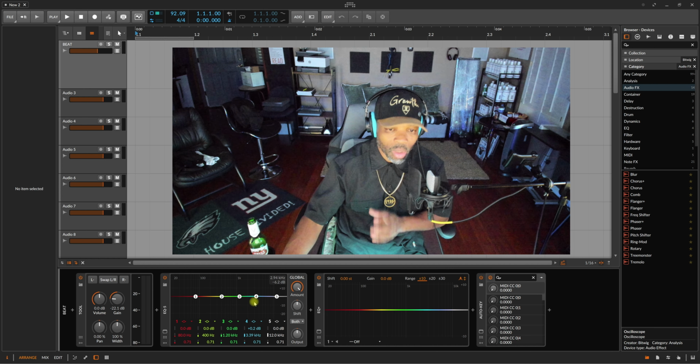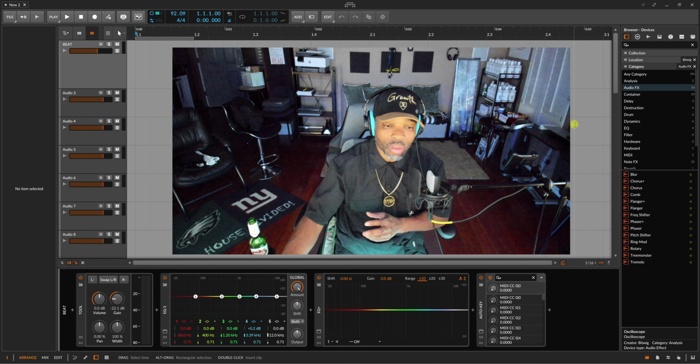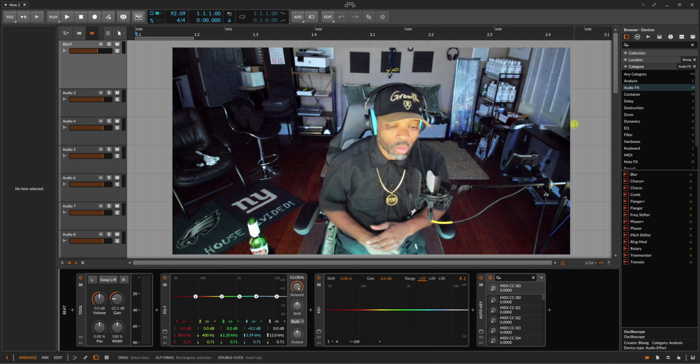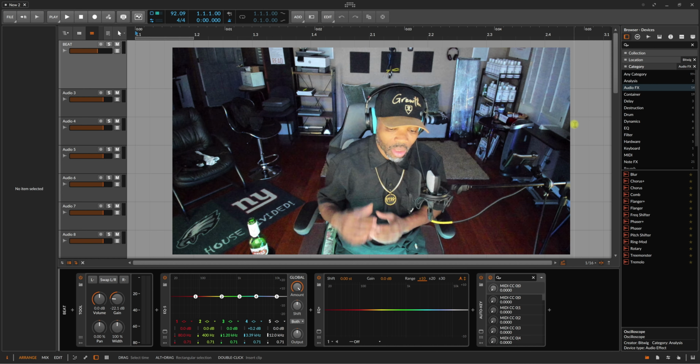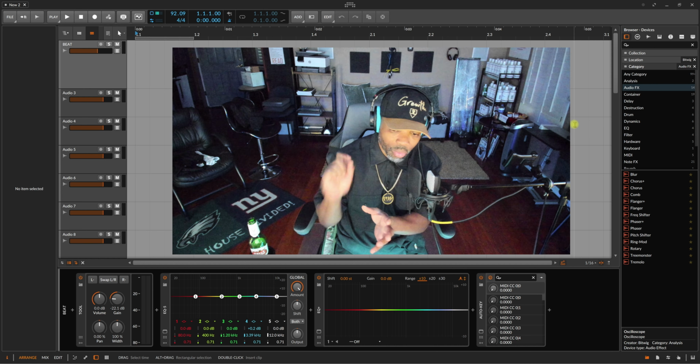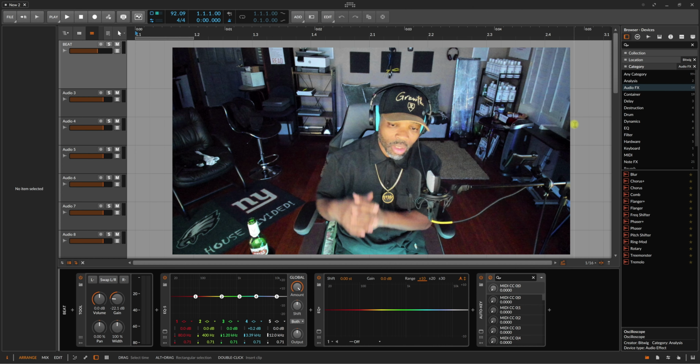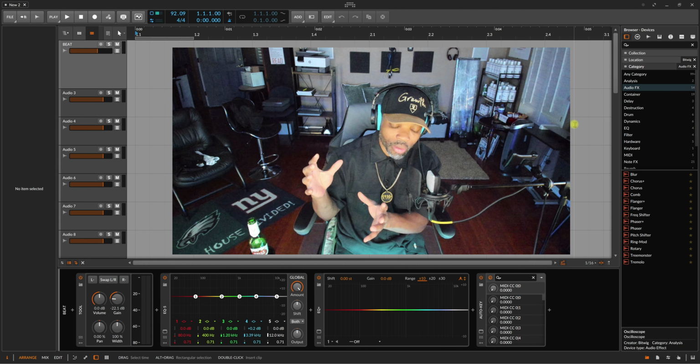Like, do y'all understand? Bear with me right quick. So that means that you can still see what you're doing right here and still tweak and edit the plugin instead of a whole bunch of plugins in the way of the screen. So when you're using third parties inside Reason, that's what you get. It'll be in the little rack part, but as soon as you press the button to open it up, it's boom, right on the screen right there.